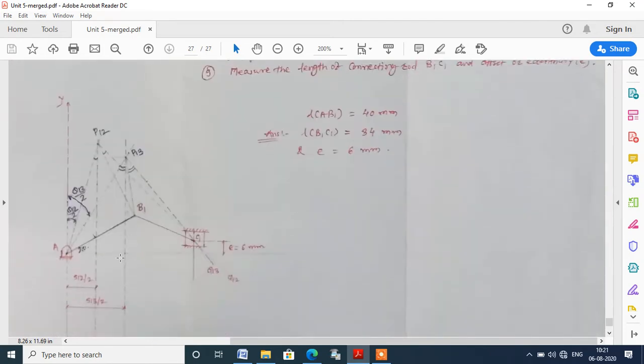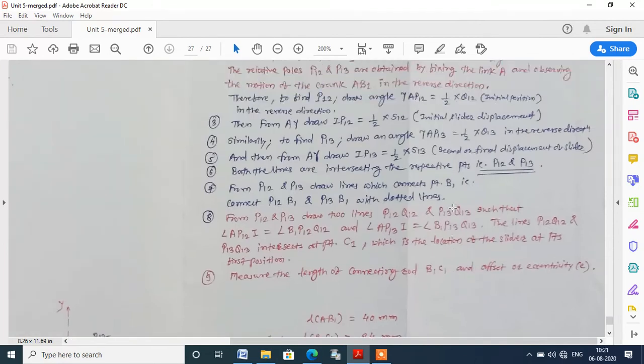In the problem, the crank is rotated anti-clockwise, so we have taken anti-clockwise theta. What you have to do is draw a vertical line passing through point A. I have marked it as Y. Then you have to take the angle such that